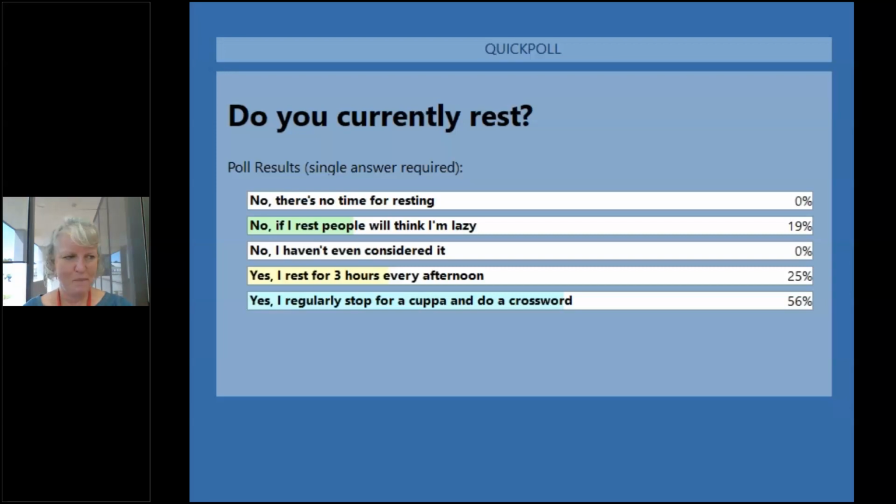Okay, so you can see there that 19% do not rest because they think that people might think that they are lazy. 25% rest for 3 hours every afternoon, and the majority of you rest, you have a cuppa and maybe do a crossword. And I'll just check if anyone's written anything else in. So Susan's mentioning that she sits in her recliner and watches TV sometimes, and Gail often stops for a rest, but it's not that regular. Yeah, that's great. Thank you, and thank you for your honesty with that too,